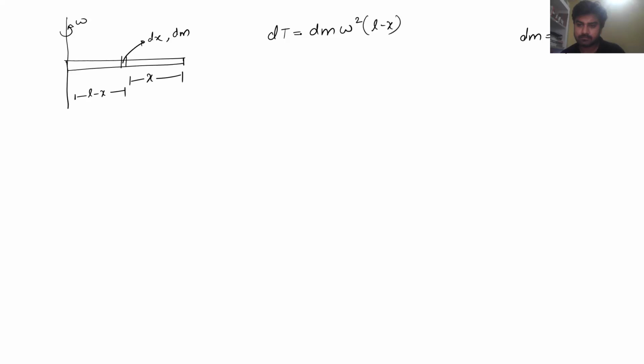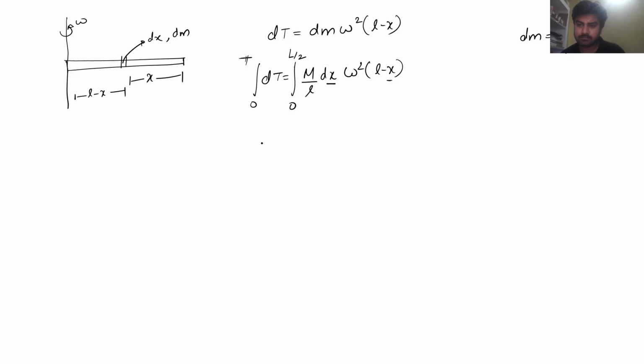Okay, this is dt. Now if I substitute the value of dm as well, dm is m by L dx omega square L minus x. And now if I integrate it from 0 to t tension, and this x dx का integration हो रहा है, everything else is constant, so x का integration होगा, x is from 0 to L by 2, right? 0 से लेके L by 2 तक है.